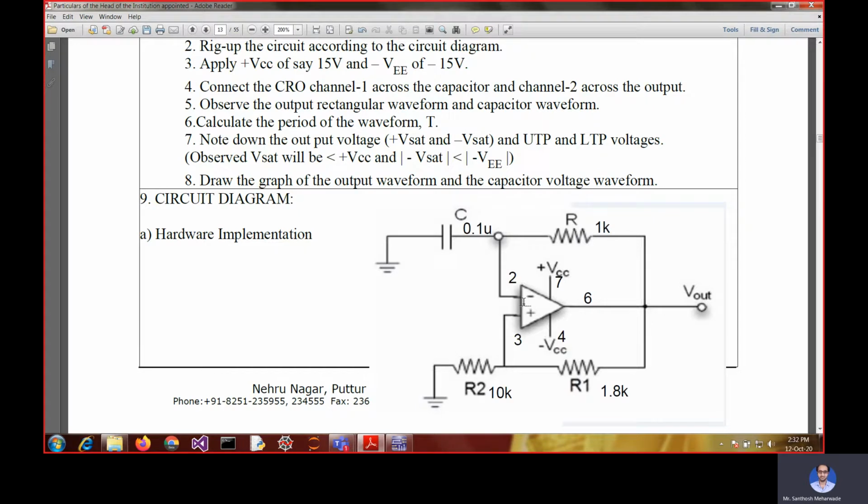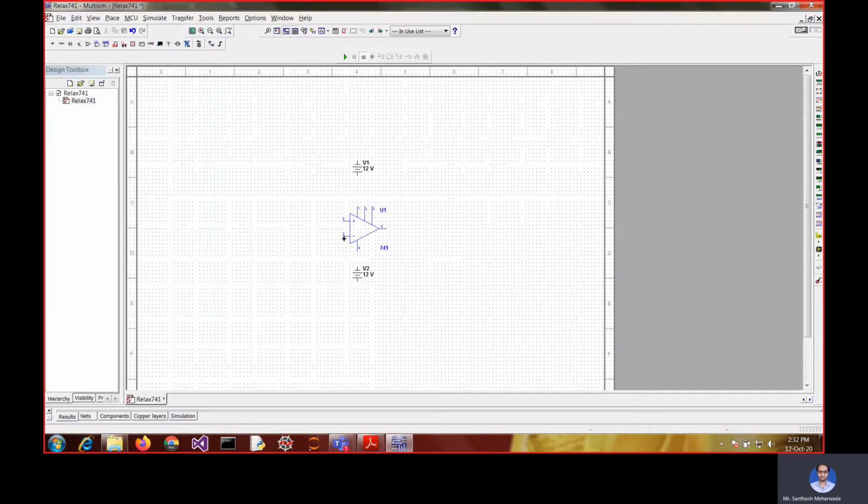Now next you can observe here, pin number 2. Pin number 2 here is above, whereas in this figure you can see that pin number 2 is below. That we should take care of. Otherwise we should not treat the above terminal as the 2, because it is a non-inverting terminal. We are focusing on pin number 2, which is an inverting terminal.